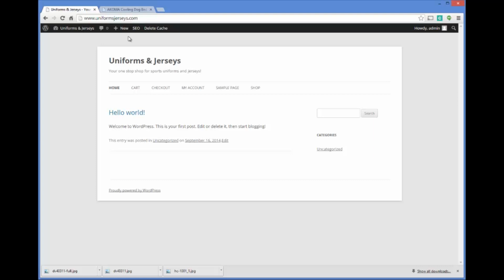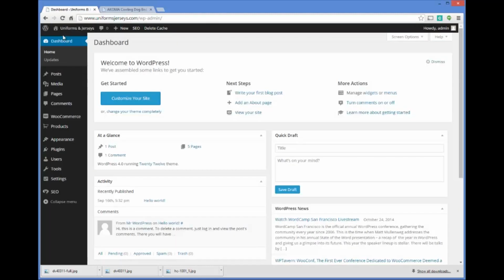You're going to need to possibly get some paid advertising going, try Facebook ads, get social media working in your favor, do all kinds of things to get traffic. But I want to show you the day-to-day operation of processing an order. So you're going to log into your dashboard, and there's also a WordPress app that you can get as well, so you can always be in tune to what your store is doing